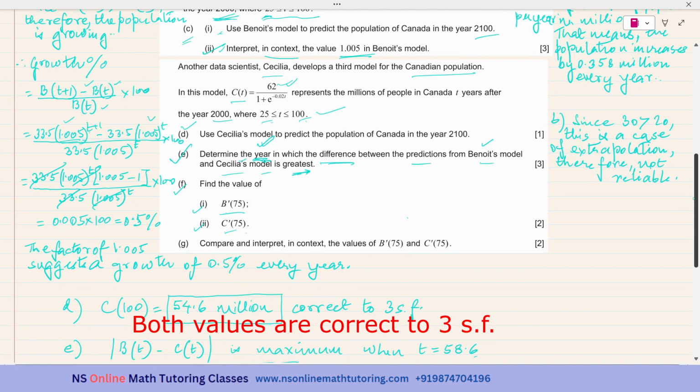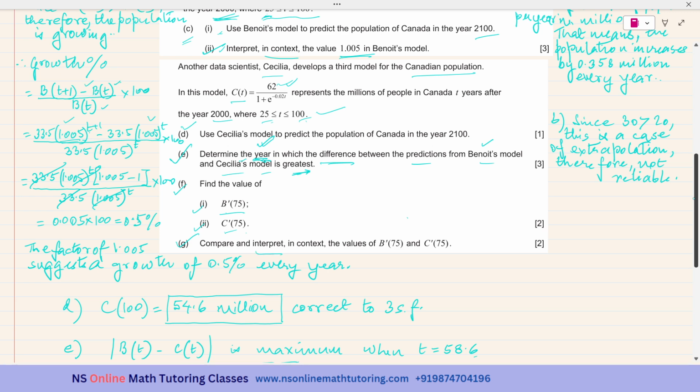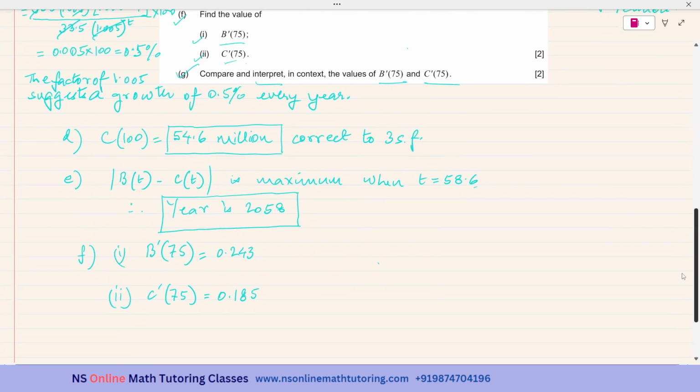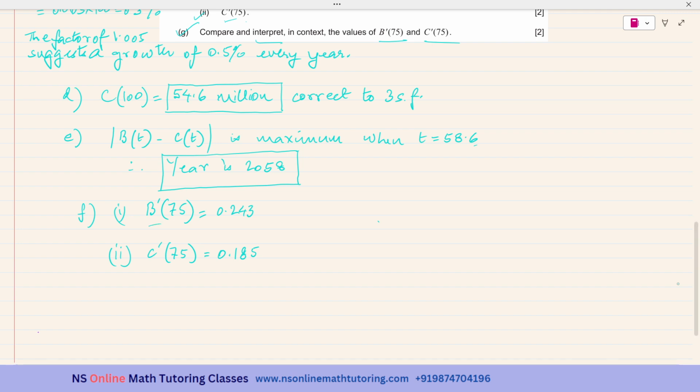Fine. Last subpart. Subpart G. Compare and interpret in context the values of B prime 75 and C prime 75. Okay, so the first derivative will be giving you the rate of growth. So, since B prime 75 is greater than C prime 75, therefore, the